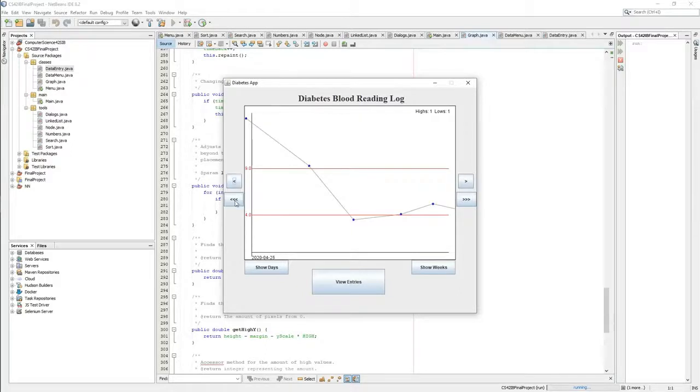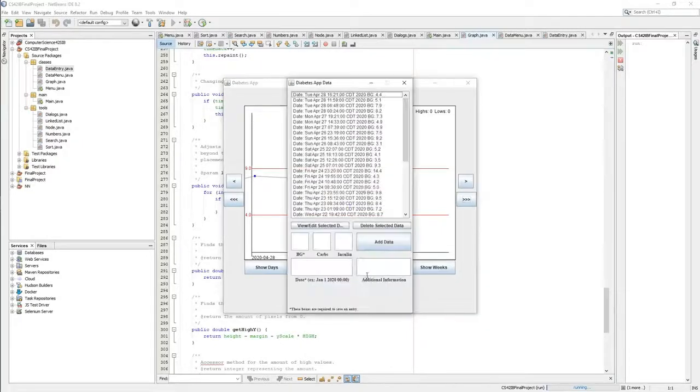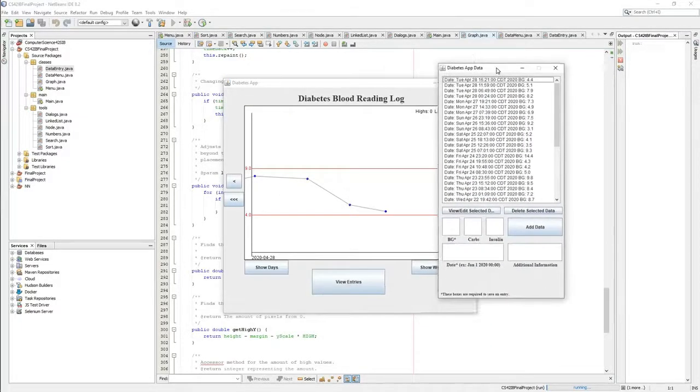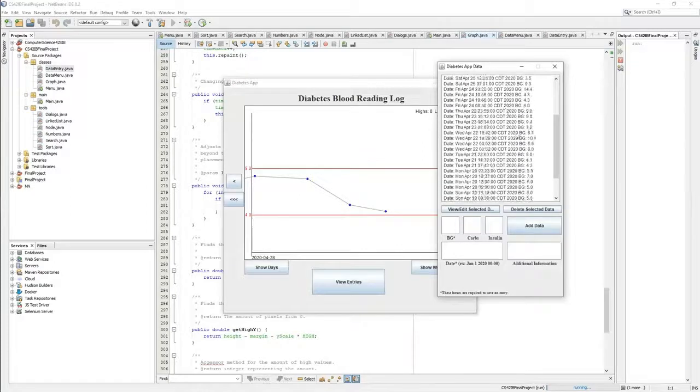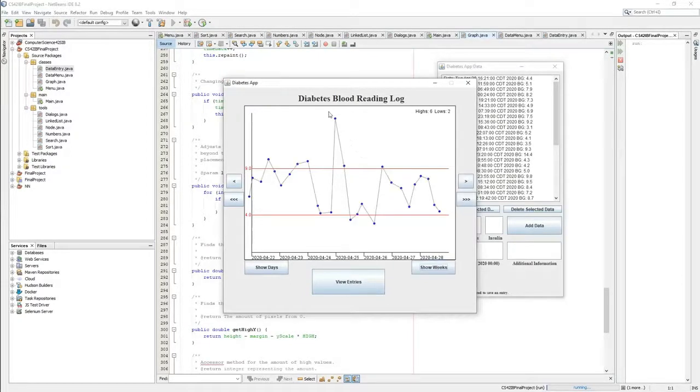And then I can skip through them faster using these buttons, which skip 3 days at a time. And this also updates to show what's been happening on that day specifically. And then I have this list here of all of the data points that I've entered, and it allows me to see various things. Like if I look at the week and I see this point here was rather high,